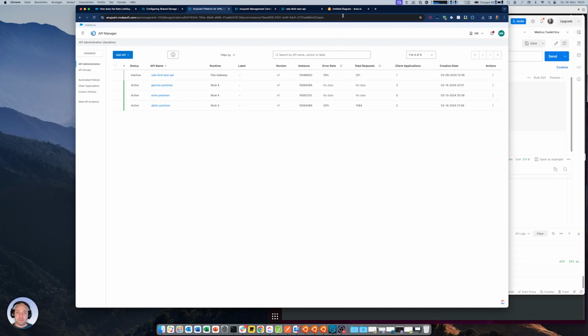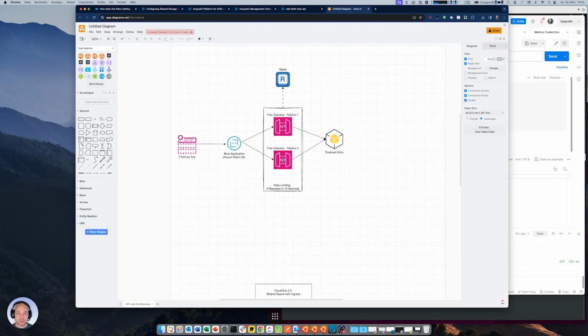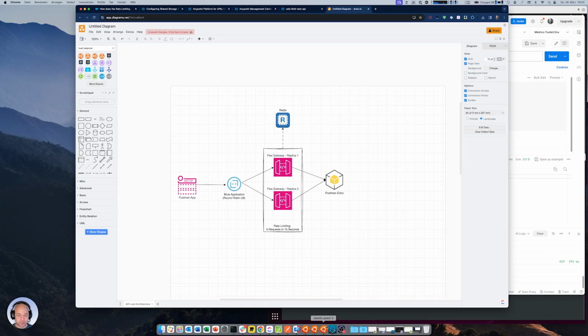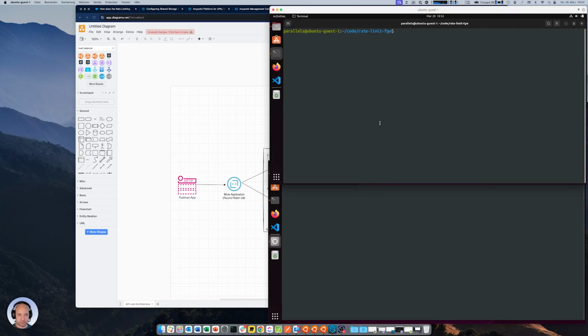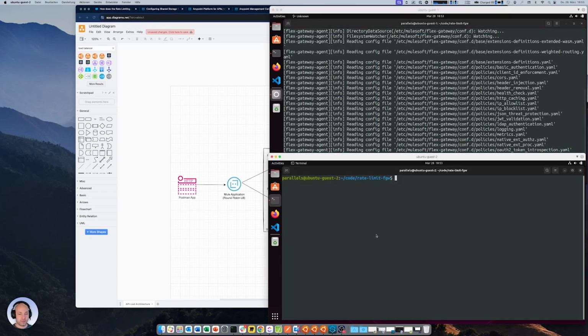All right, now let's have a look at the Flex Gateway. So as mentioned before, we have 2 Flex Gateways and a mule application locally and a Redis. Right, we'll first check it without Redis. So Flex Gateways, I need to start them. That will be 1. That will be the second